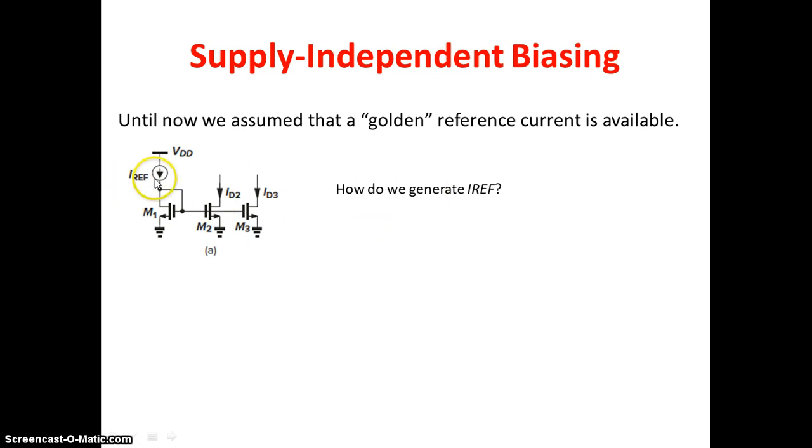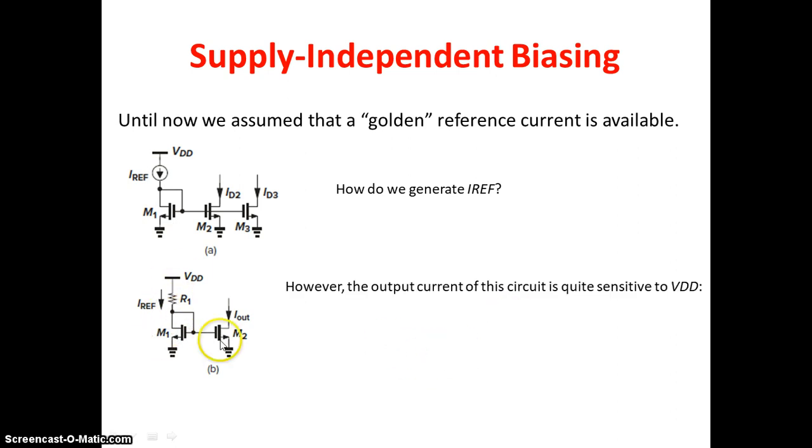Now, how do we generate this I reference exactly? Where do we get this constant current source I reference? The simple approach is to add a resistor between VDD and the constant reference point. However, the output I out that I am going to get has a sensitivity with respect to VDD supply variation. If I consider a small VDD change, the small delta I out is given by delta VDD divided by R1 plus 1 over Gm into W by L2 divided by W by L1.